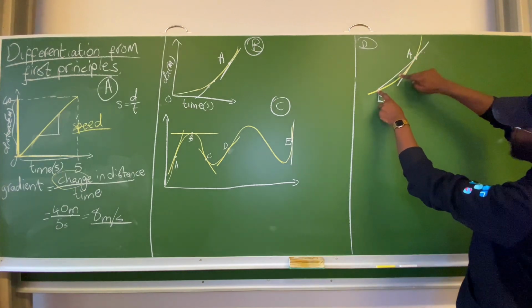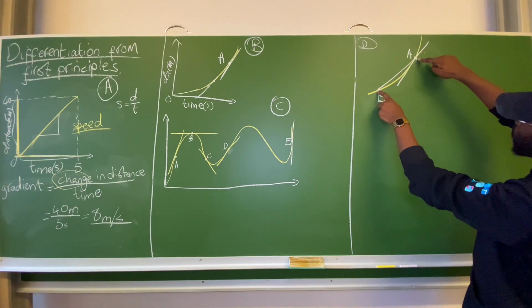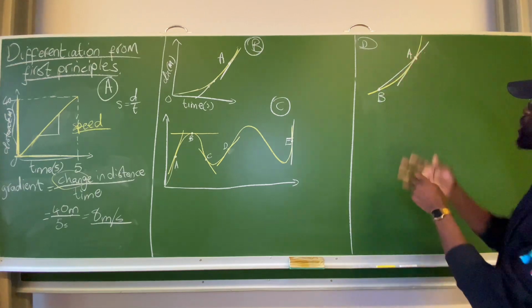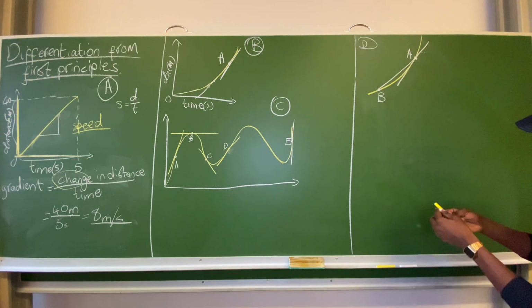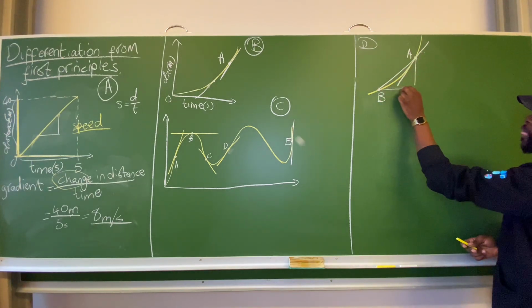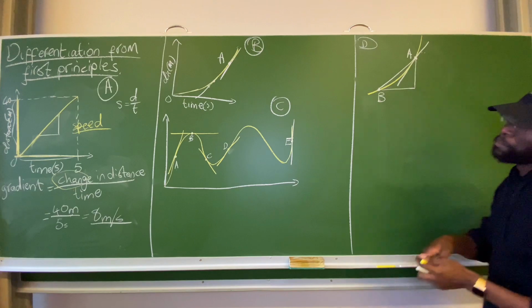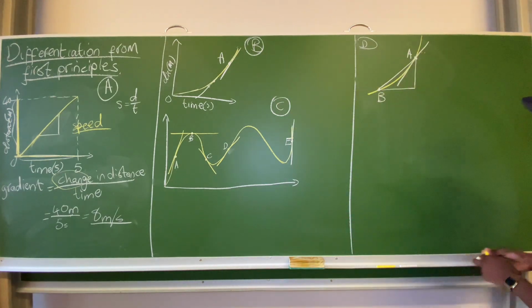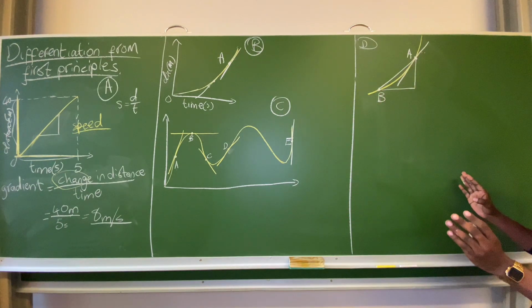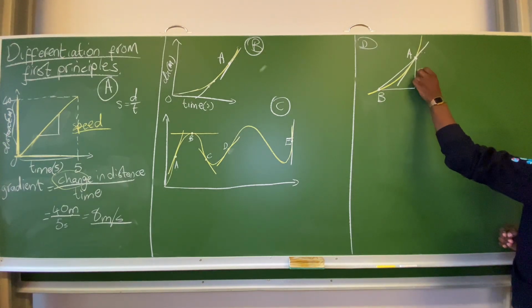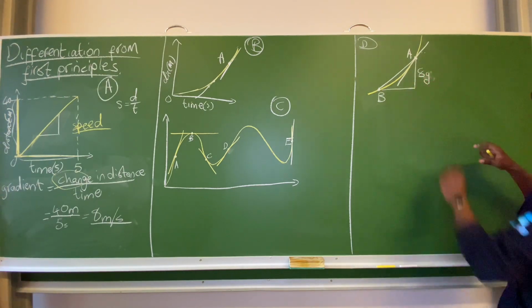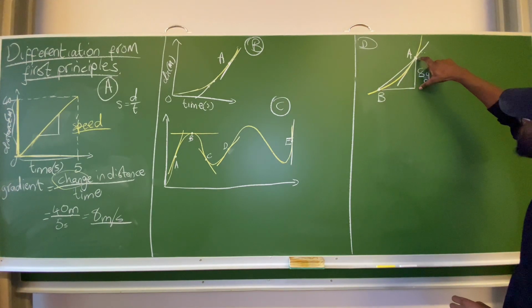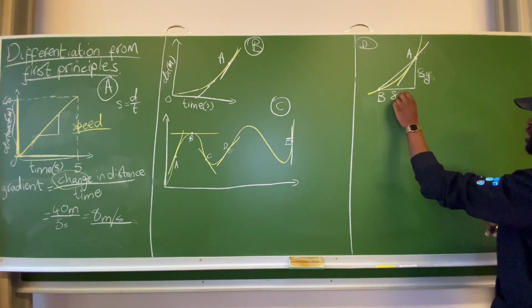Using a chord, this chord has its own linear gradient that connects the 2 points, and this gradient is not the same as the gradient at point A. But now, like I said, since this is a very small section there of A, and we made a point just for the sake of calculation, this vertical part will just show us that there's a very small, minute change in Y,